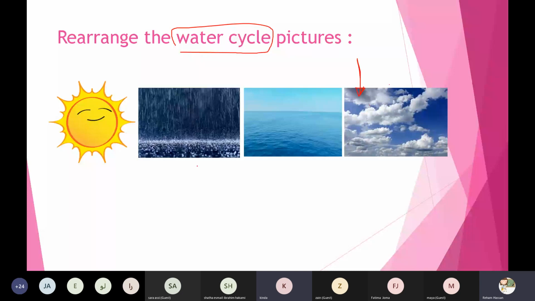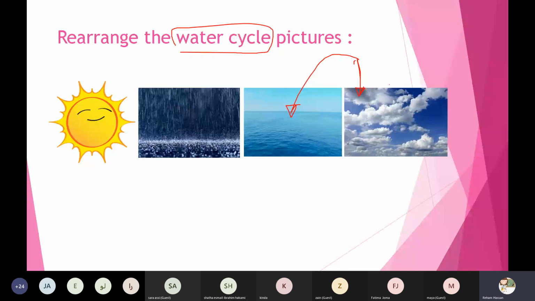Amazing, Kenda. So the clouds form by the water or by the rain? Yeah, it's formed by the water. Okay, thanks a lot, Kenda. It's formed by the water. And which helps the water to turn into the clouds? Yes, Kenda?